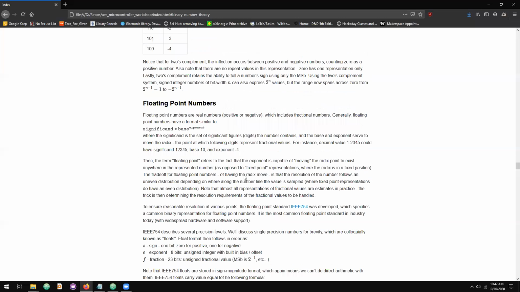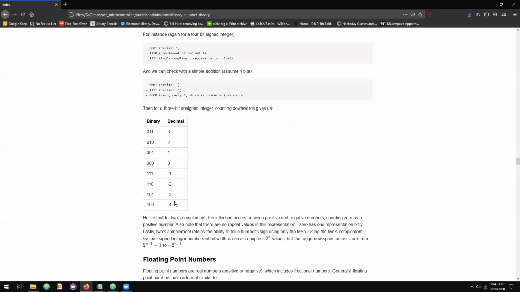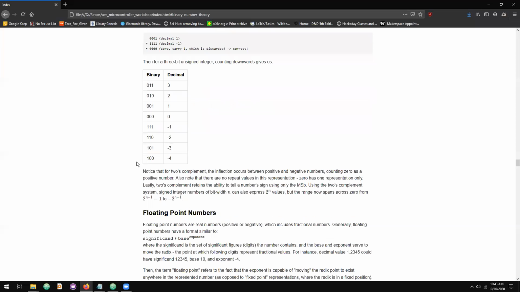So when we were talking about unsigned integers and signed integers, the resolution of the number is evenly distributed across the set of values. So between each value, there is an increment or decrement of 1 always. So between binary states, you're not going to be adding some different value. It's always a shift of 1. But with floating point, that's different,